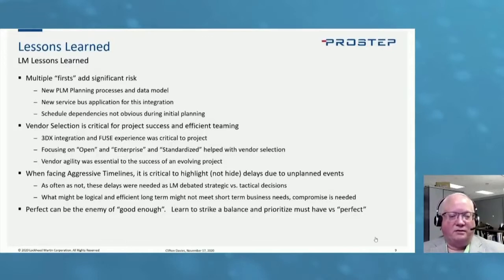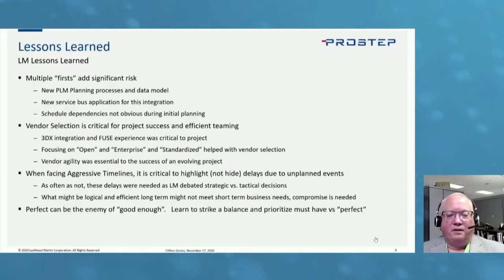that we were able to meet, but a lot of that was because we were debating tactical solutions versus strategic solutions, and that's something we all face: what do you need to do to get something working quickly versus working it right, so that in the long term it's a successful IT integration architecture. Perfect can be the enemy of good enough, and our example is using a knowledgeware trigger inside Delmia to trigger the interface versus waiting for the perfect answer of workflow triggers and making it work seamlessly. That allows us to go forward and get the programs working without having to wait for the perfect answer.